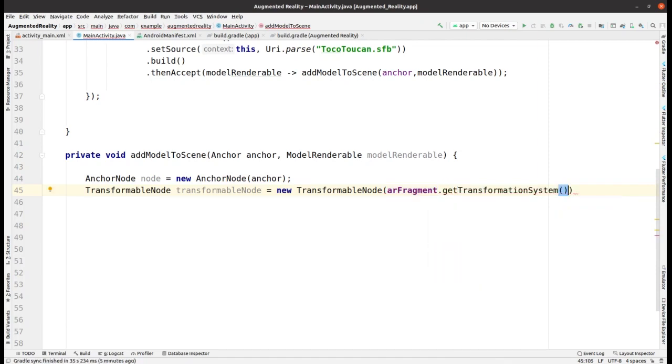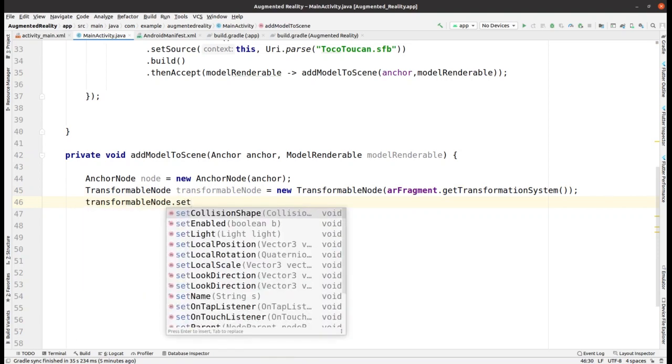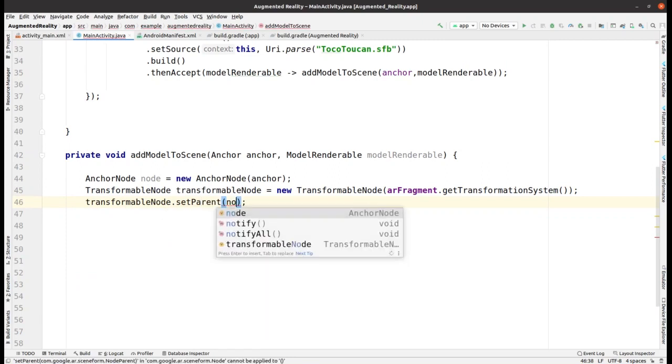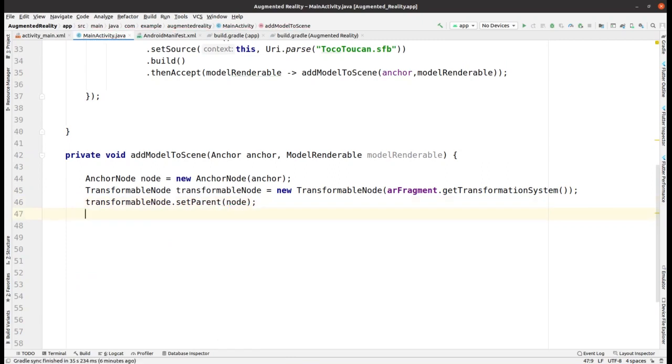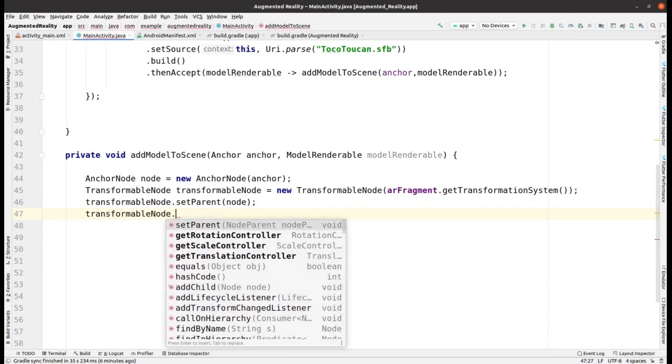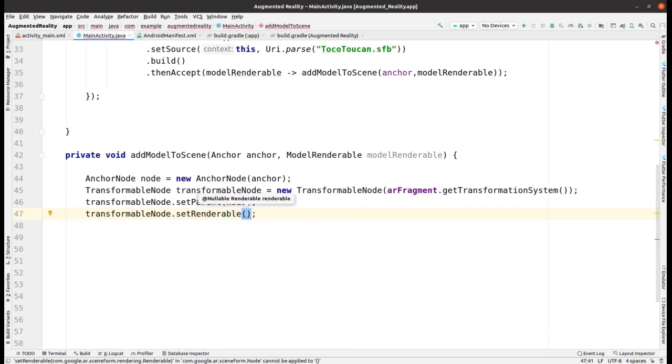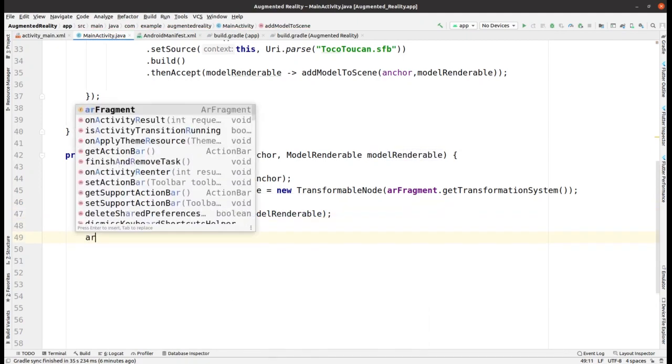Now transformable node equals new transformable node, then ArFragment dot getTransformationSystem, and right now what we have to add is transformableNode dot setParent, here you have to pass the node within this, and transformableNode dot setRenderable.